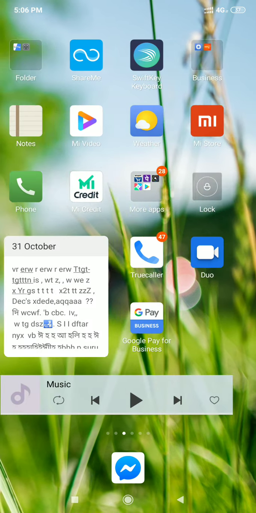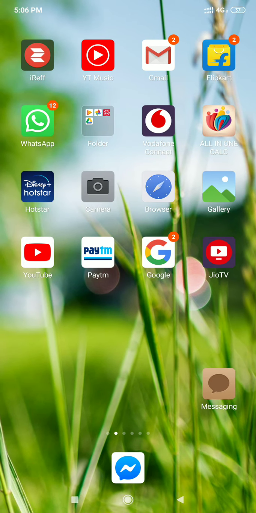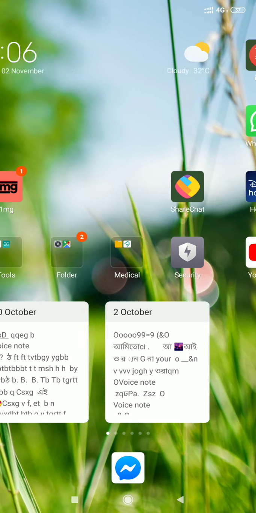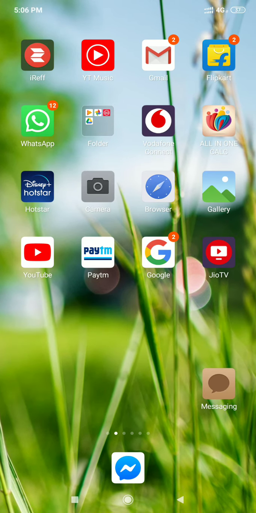So let's start. First, we have to download Flipkart. I have already downloaded Flipkart here, but if you have not downloaded it, then go to the Play Store and download Flipkart. Then click on Flipkart.